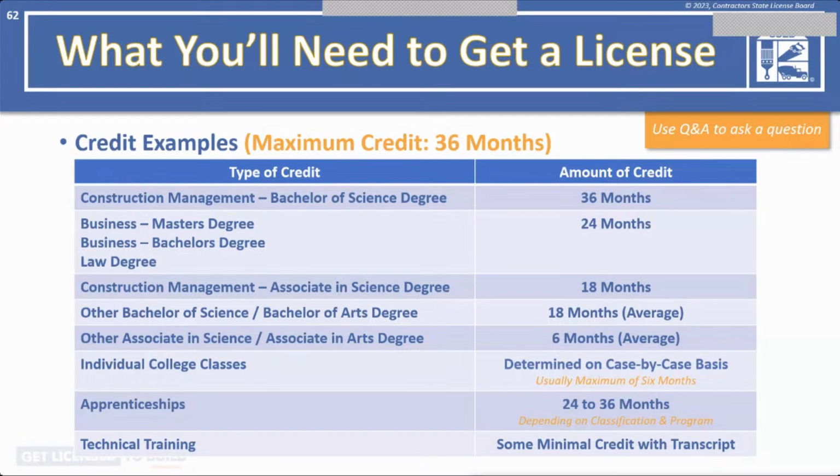So for general information, or specific information to your situation, such as the type of entity or changing entities, you're going to want to send that to licensing@cslb.ca.gov. And also, if you have a question on the classification that you should be using, you're going to send a description of the trades that you intend to perform and what the job entails, as specific as possible. That's going to go to classifications@cslb.ca.gov.